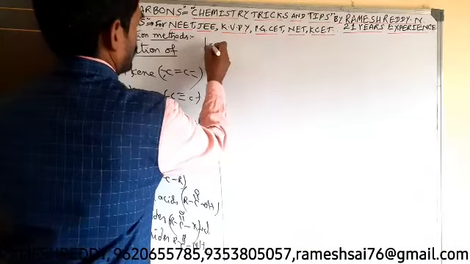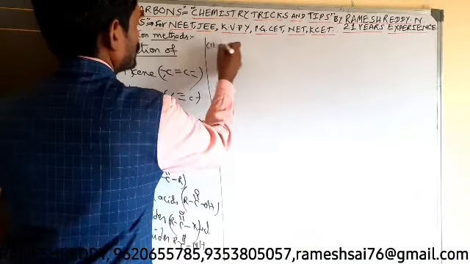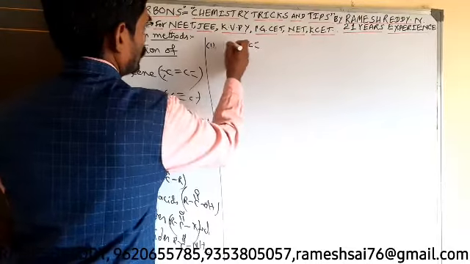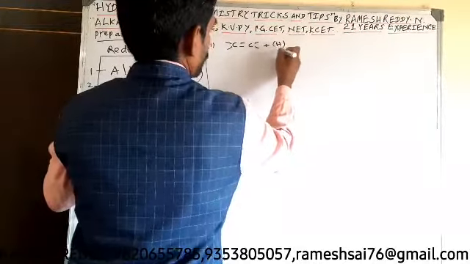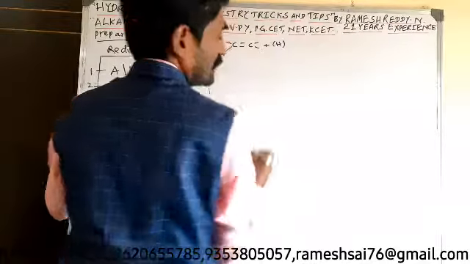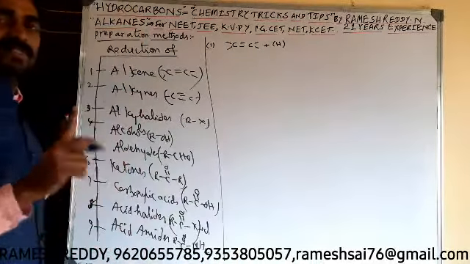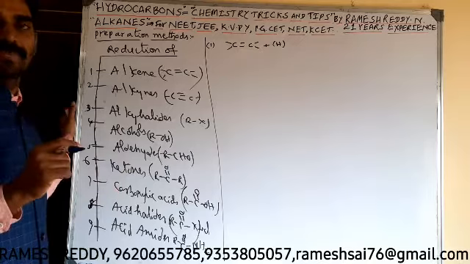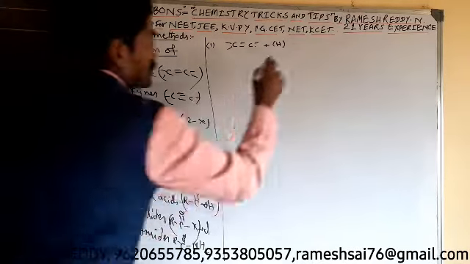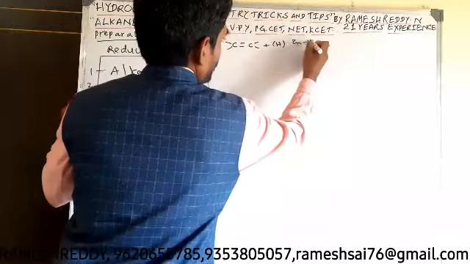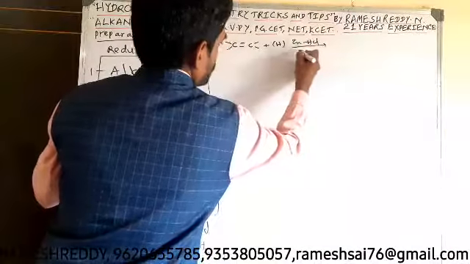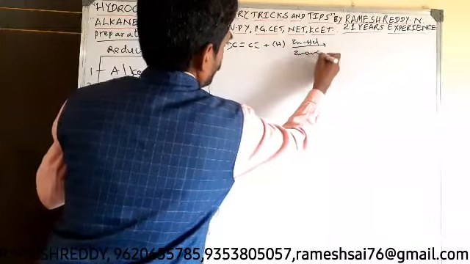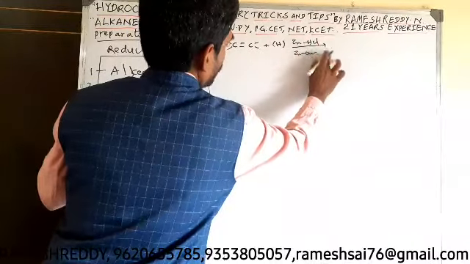The alkene reacts with nascent hydrogen. The reduction takes place in the presence of some reducing agents like Zn and HCl, or we can use zinc copper couple in the presence of ethyl alcohol,